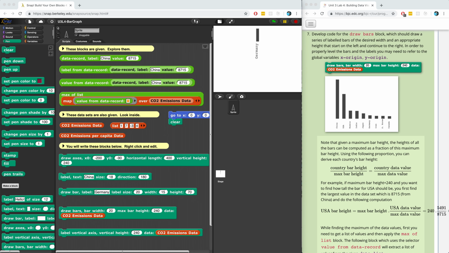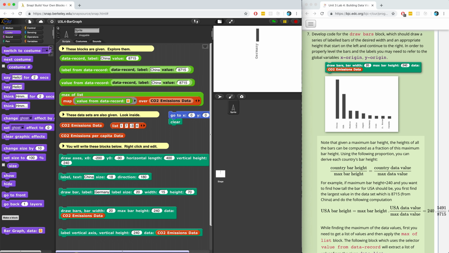Welcome back. In the previous video, I started the process of creating the draw bars block. I showed the math for calculating how tall to draw each block, so if you missed it, go back and check it out because it's really important to understand. In order to draw more than one bar, let's open up the draw bars block,